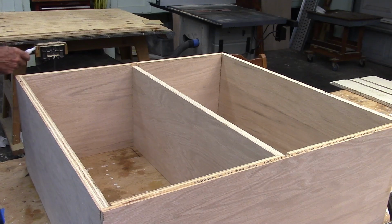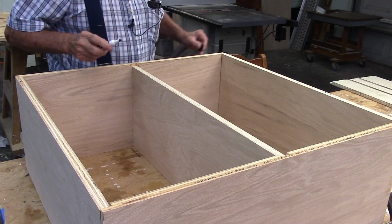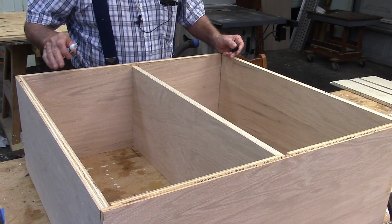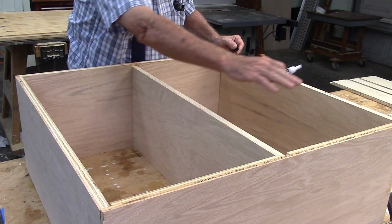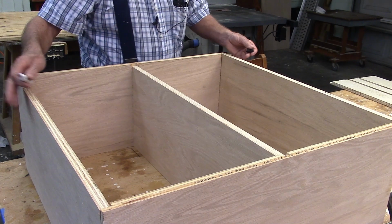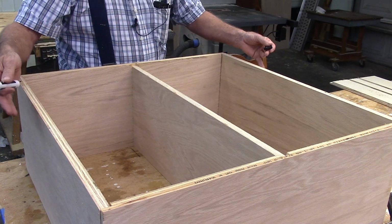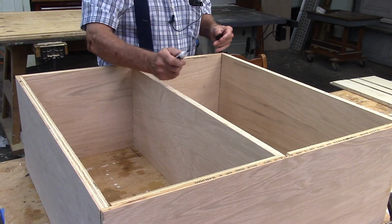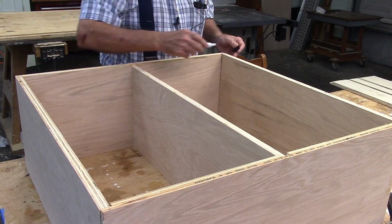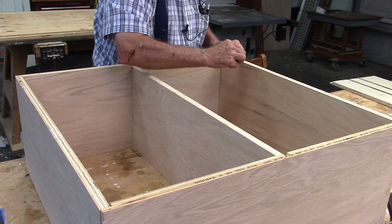So a little dry fit up here before we put in our last rabbet. I got to put a rabbet along the inside of the sides, or the top, the bottom, and the sides. And remember, we cut this a 1/4 inch short. Now what I like to do is I like to go along